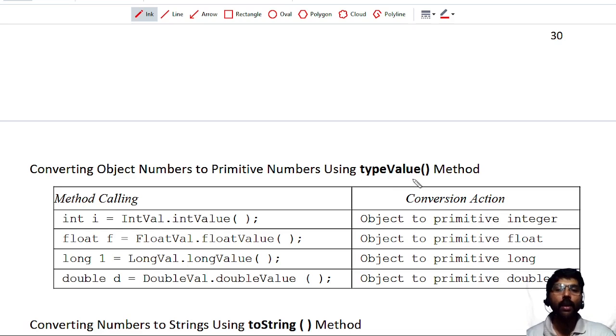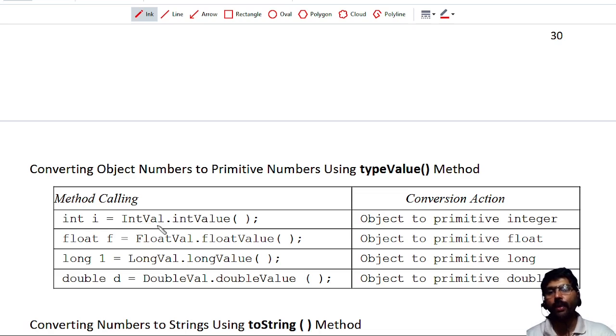For example, if I want to convert an Integer value into int type, then I have to mention intValue. This intValue is called on the Integer object.